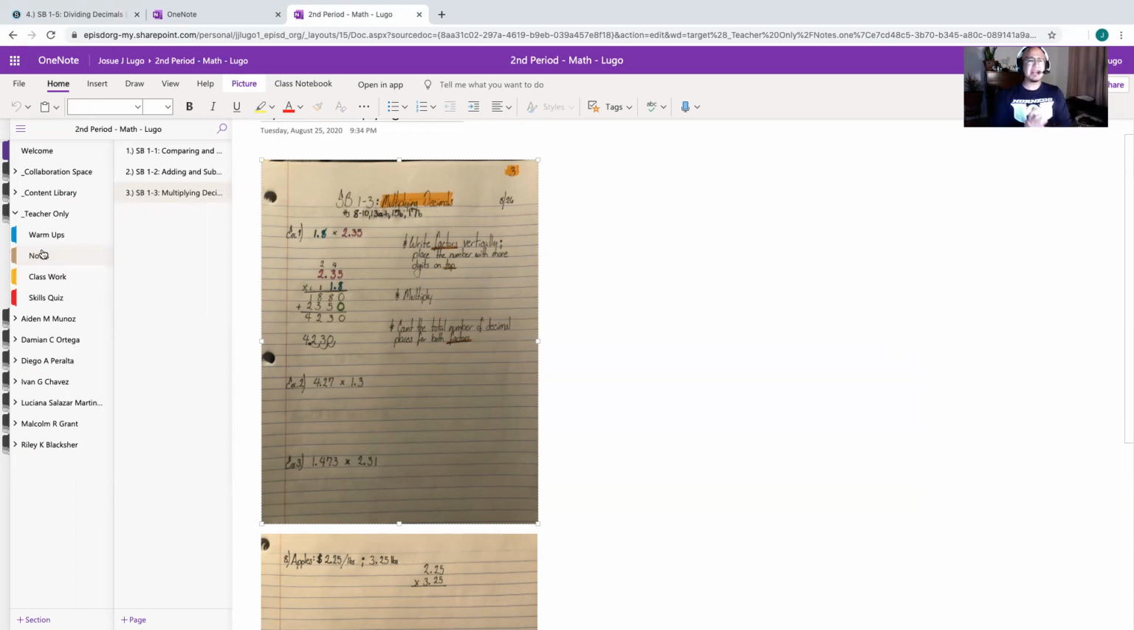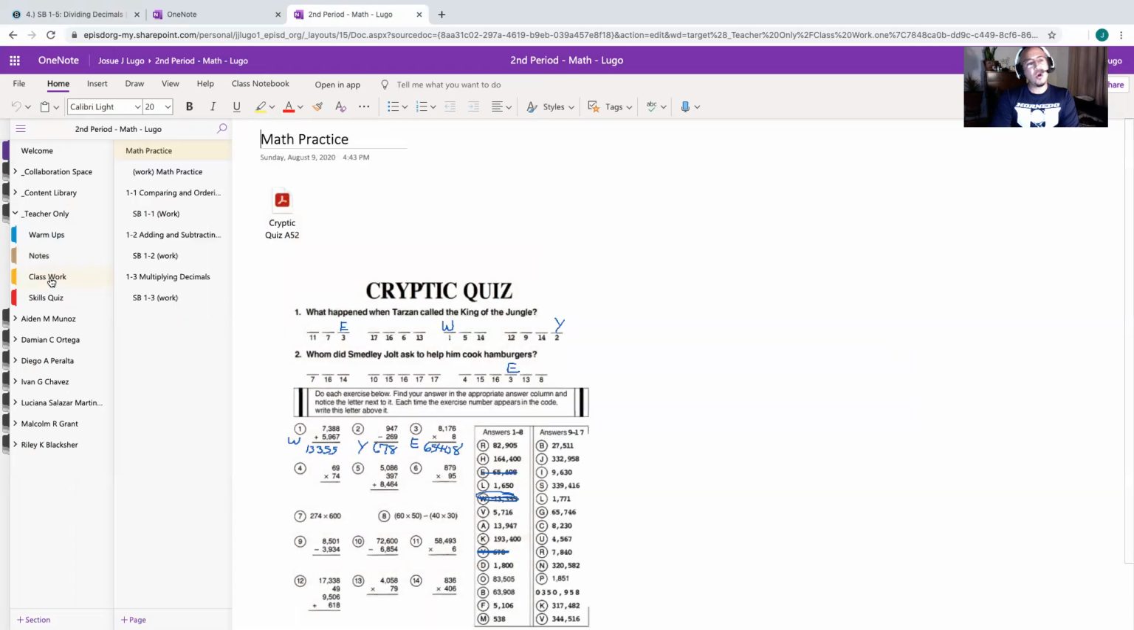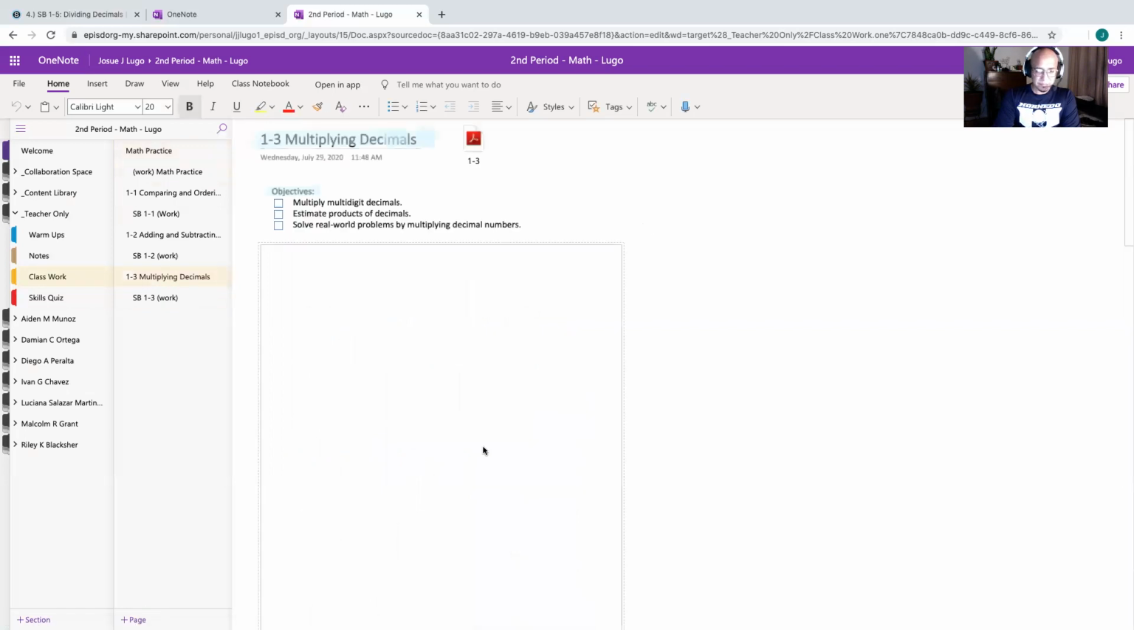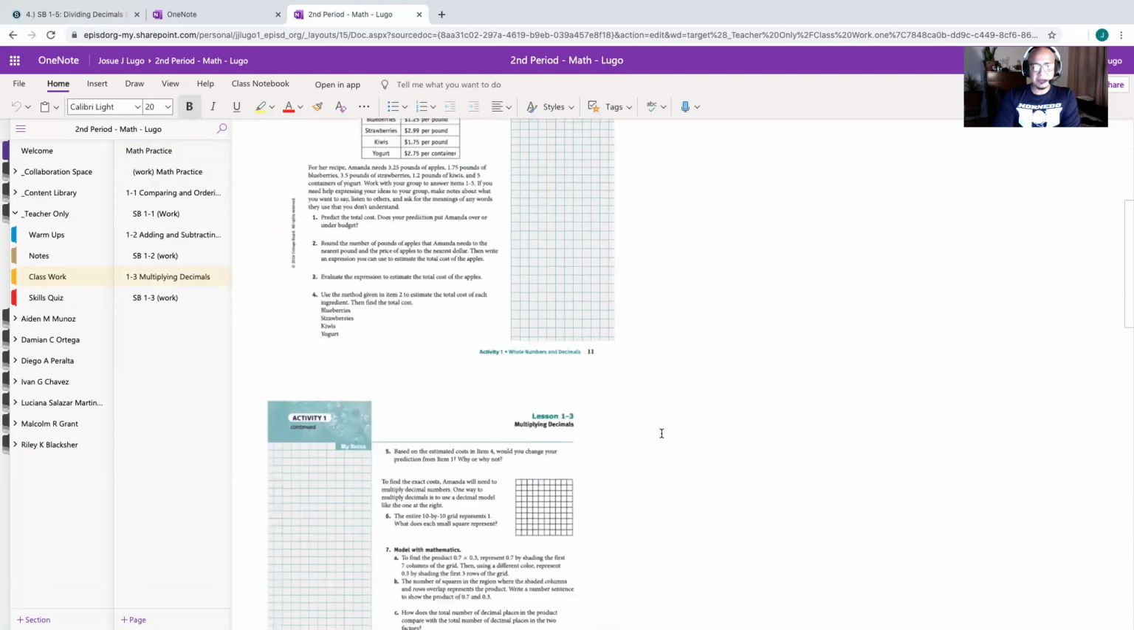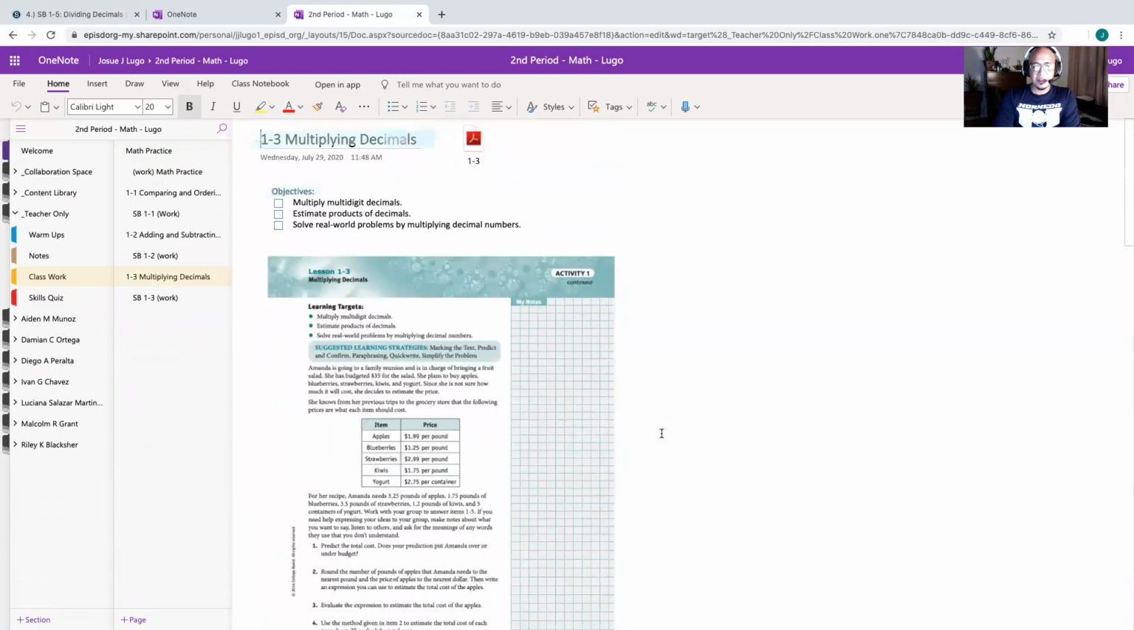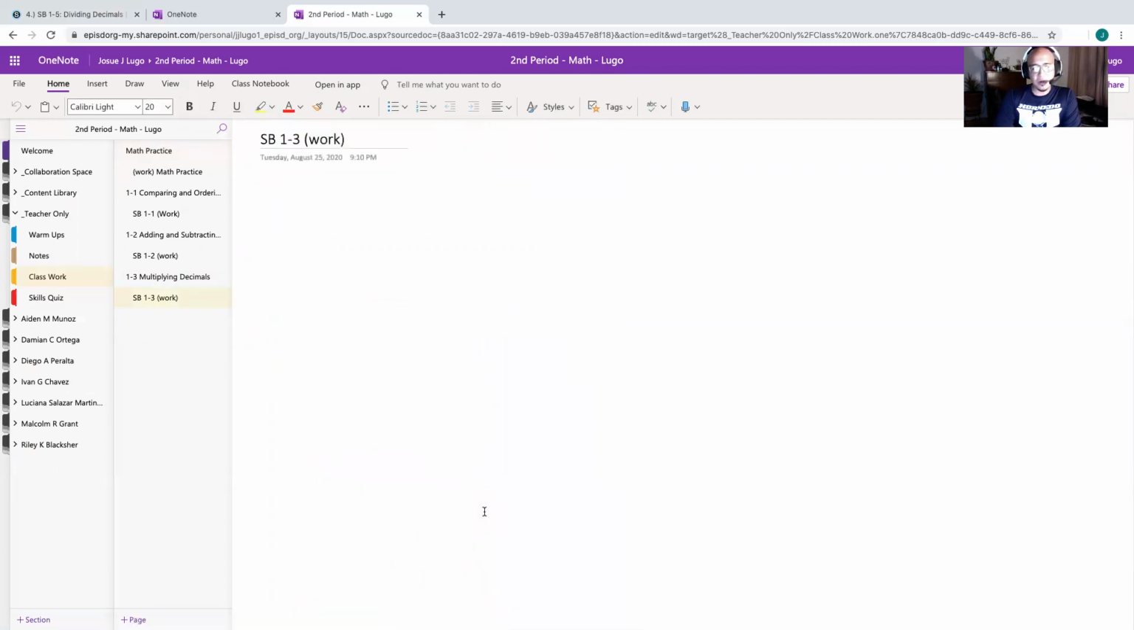So with that in mind, let's begin with today's actual lesson, which is multiplying decimals. I encourage you to have your OneNote notebook open. Let us go to classwork. We're going to go down to the tab that says multiplying decimals, and you will find something like this, which are the textbook pages that have to do with this lesson. Please note also that I made a tab for you to actually put in your work